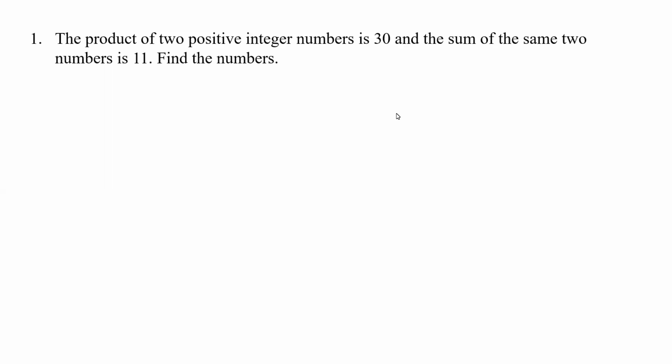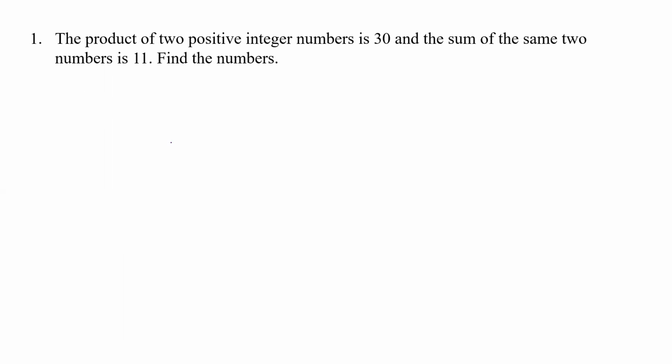All right, so we're back, and now we're going to again start with the same kind of examples we've been looking at in the previous one, just have some more to maybe help you through. So we've got the product of two positive integer numbers is 30, and the sum of the two numbers is 11. So what we need to do is